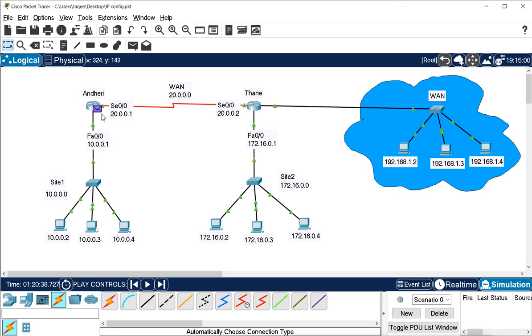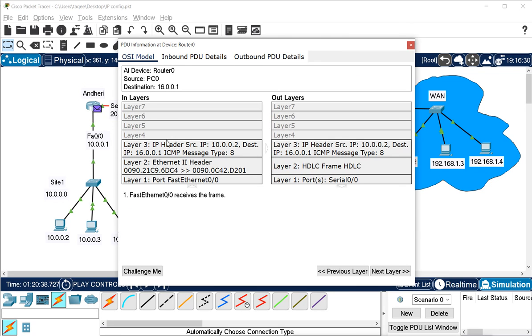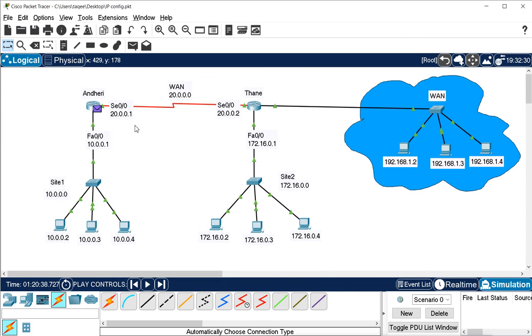Now what will the router do here? If you check the packet, it is in from this source and destination, and it shows this MAC address. Now on the outgoing side, it shows this source and this destination, and this is the layer 2 information. In a WAN network there is no MAC address, so it is showing SDLC here. It is going out from this serial interface. It came inside from FastEthernet, and now it is going out from this interface. Why is it going from this interface? Because we have configured that for any network, send the packet from this interface. Now I will say one step ahead, and you can see the packet is going on.